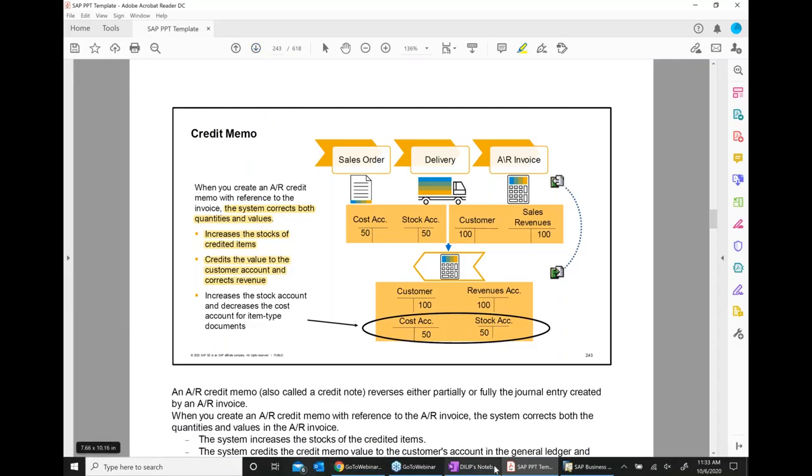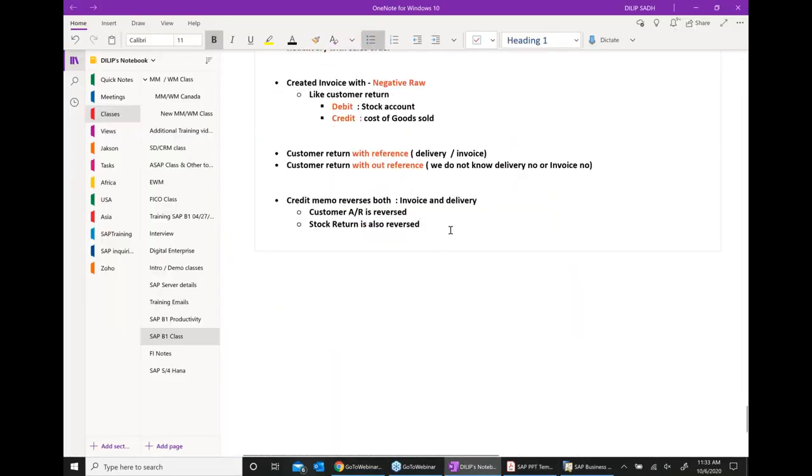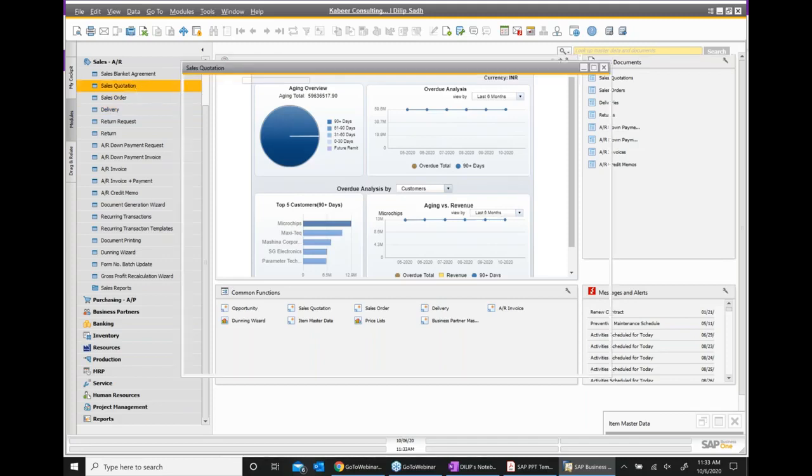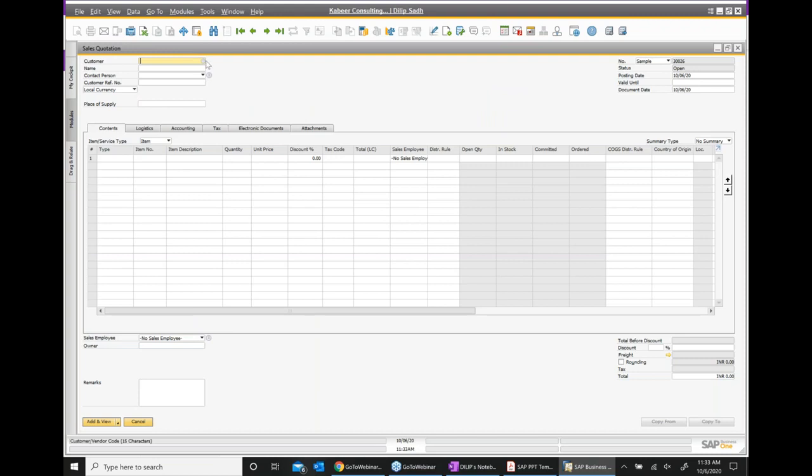So I want to do a credit memo exercise, and I want to see what happens with the credit memo. In the credit memo exercise, I want to do an end-to-end cycle. We can start with a sales quotation or sales order, it doesn't make a difference.